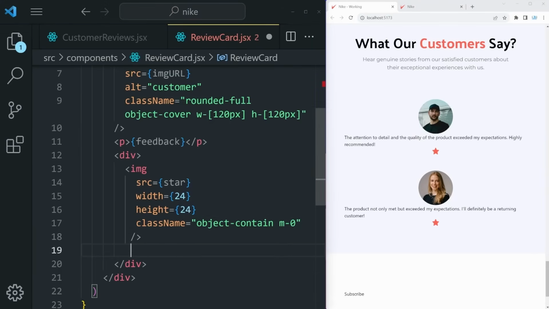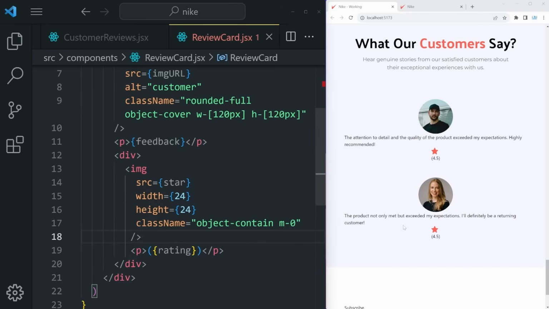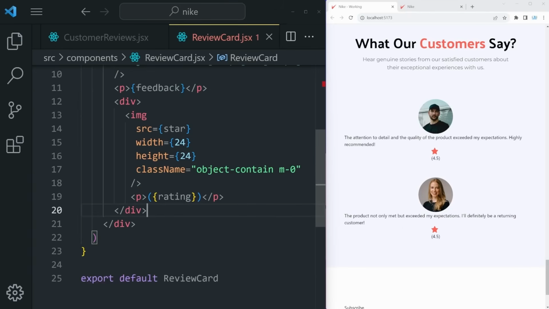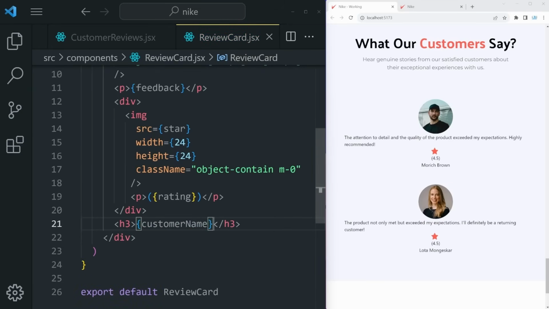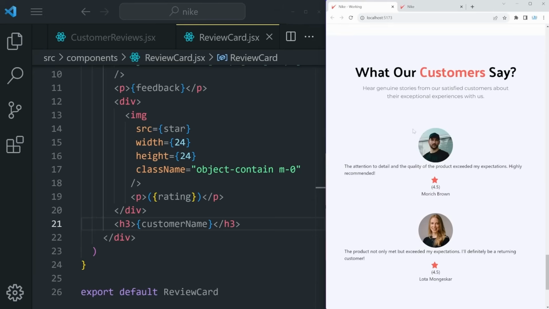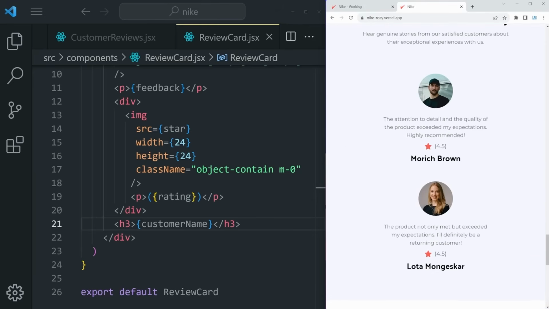Finally, below the image, still within the div, you can render a p tag that's going to simply render a rating within parentheses. So it's going to look something like this. And of course, we need to know who these people are. So below this div, you can render an h3, rendering the customer name. Great. So we have Morik and Loda,